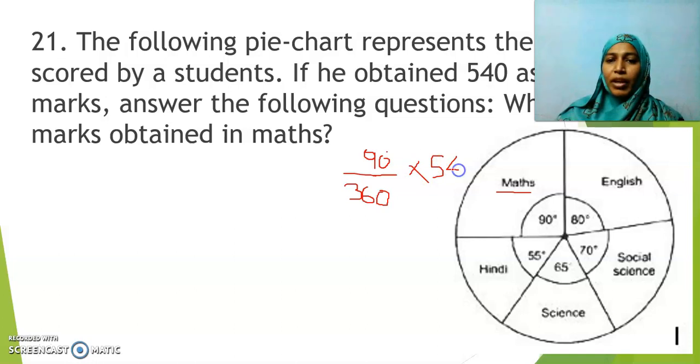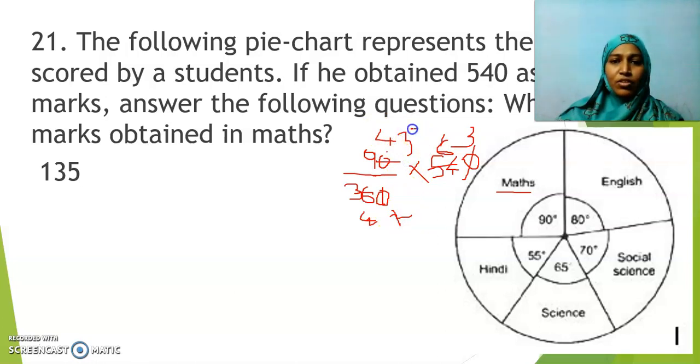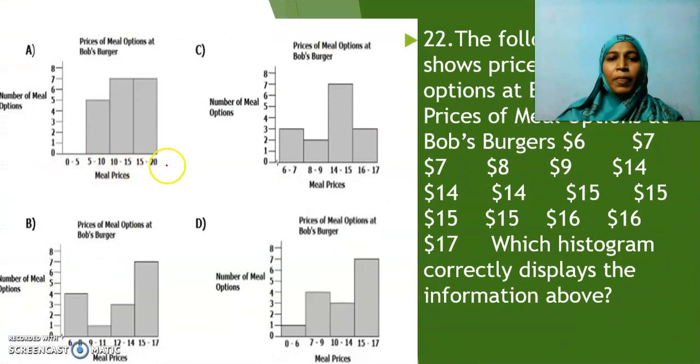540. This is the practice that I gave you during revision before the Maths test. Hope you remember. Cancel it out. 100, and here you can cancel it as the 9 table. 4 9s are 36. 6 9s are 54. Again 2 2s are 4, 3 2s are 6. Again you can cancel 1 45. If you multiply, 5 3s are 15, carry 1, 4 3s are 12, 13, 135 marks. He scored how many marks in Maths? 135 marks. Now the next question.